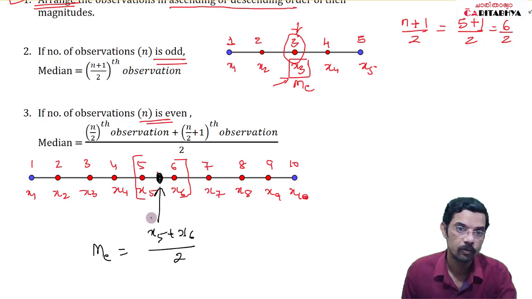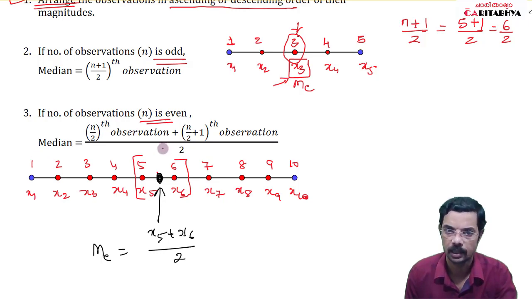Okay, so now what is x5? x5 is obtained by just dividing 10 by 2. What you get is the 5th, which is 5. When you divide 10 by 2, you get 5 and then you add 1, so you get 6. So when the number of observations is even, the median will be defined as the n by 2th observation